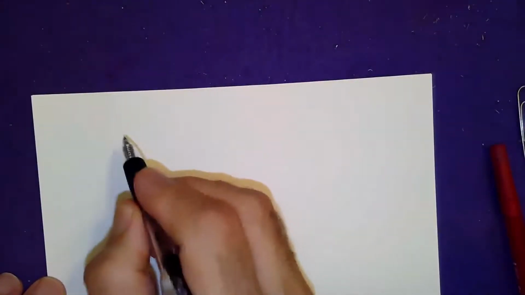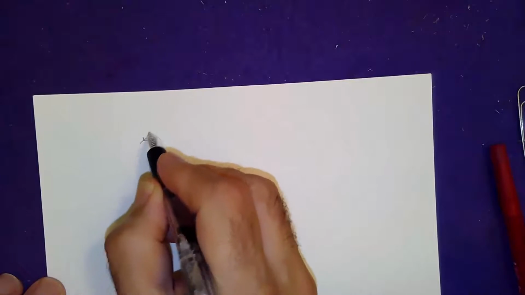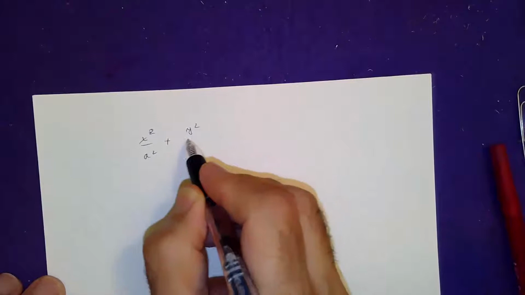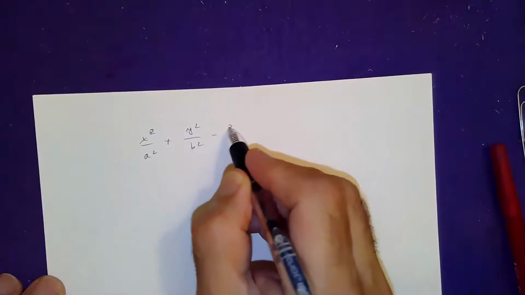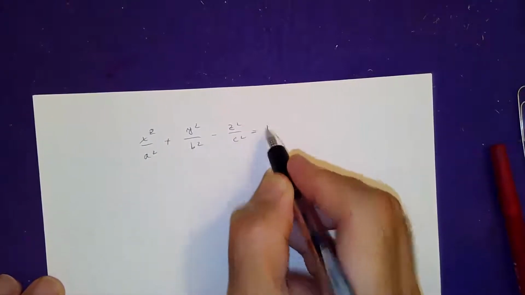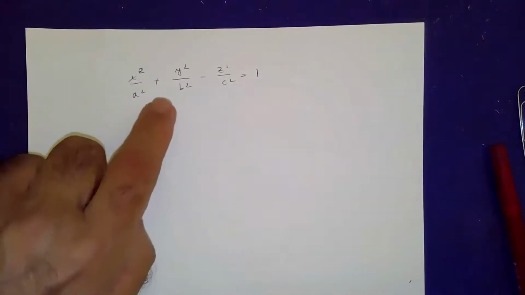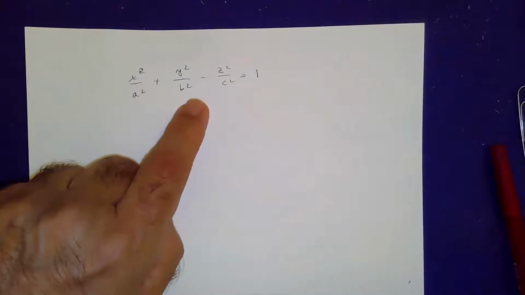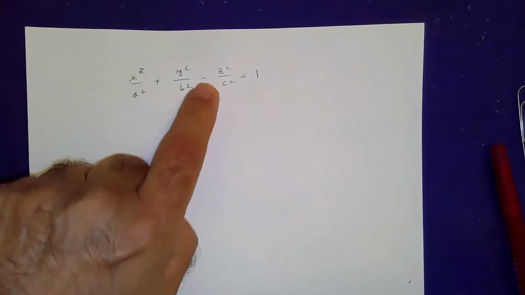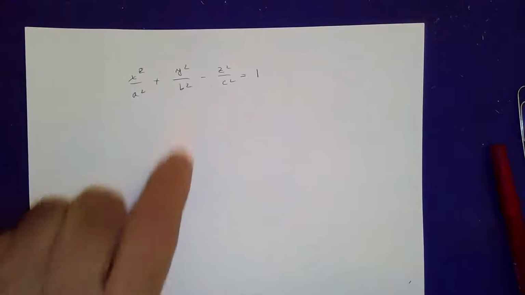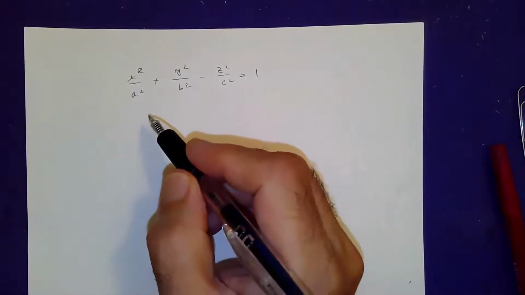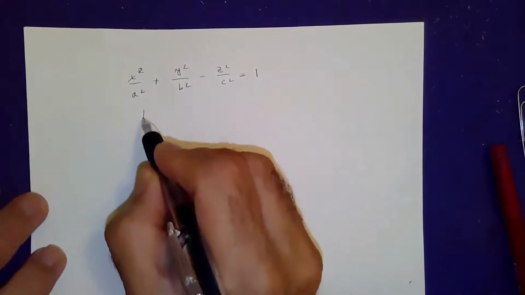So that's that guy. So the next guy is x squared over a squared plus y squared over b squared minus z squared over c squared equals 1. Notice everyone has a power of 2. It almost looks like an ellipsoid, except one of the variables has a minus sign. Do you see it? So the name of this particular shape is called hyperboloid